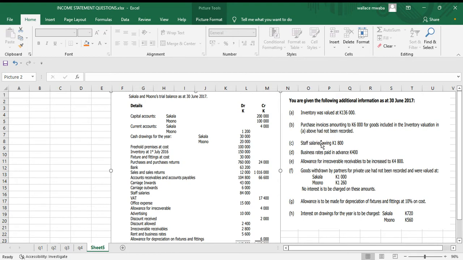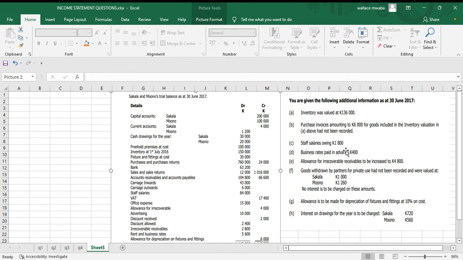We have staff salaries owing 1,800. This is an accrual. An accrual is a liability to be registered in the balance sheet, and accruals are going to be added in the income statement. Accruals are added, prepayments are subtracted. As we can see here, we also have a prepayment, business rates paid in advance, 400 kwacha. That's a prepayment, which we also take